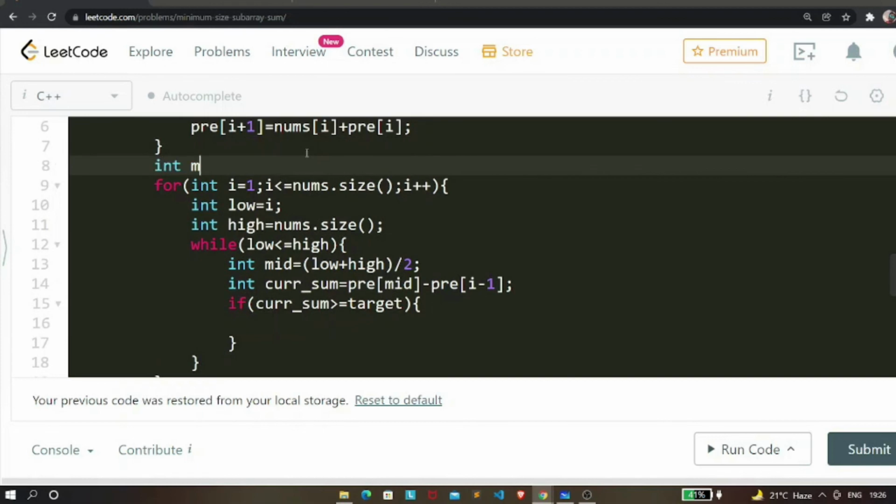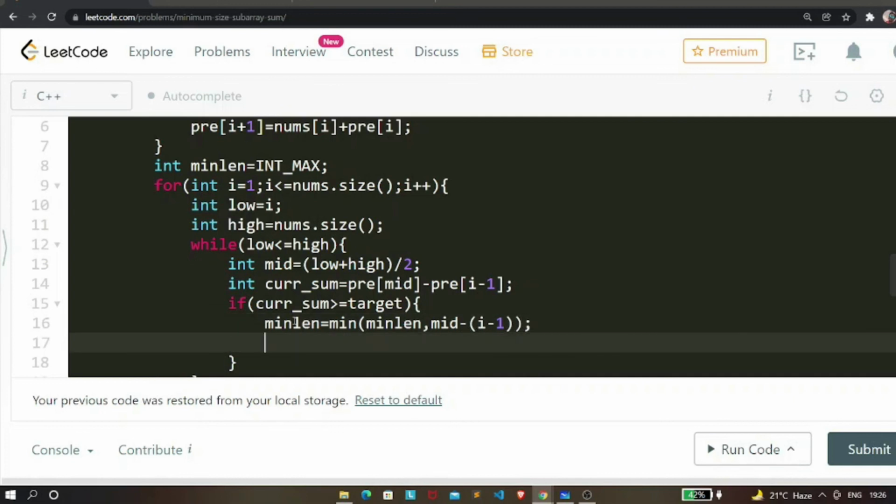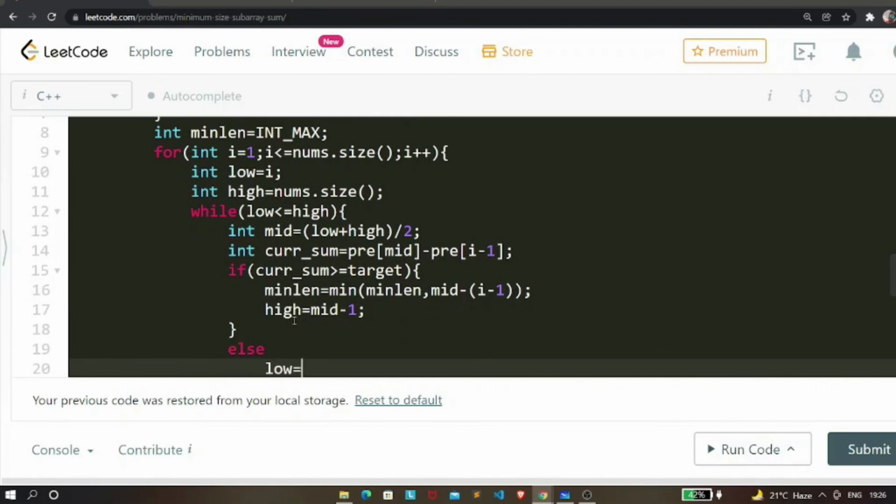So let's consider it to be min length, which is nothing but int max, and our min length will be equal to minimum of min length comma mid minus I plus 1. And then we have to update our high, which will be mid minus 1, and our low will be mid plus 1.